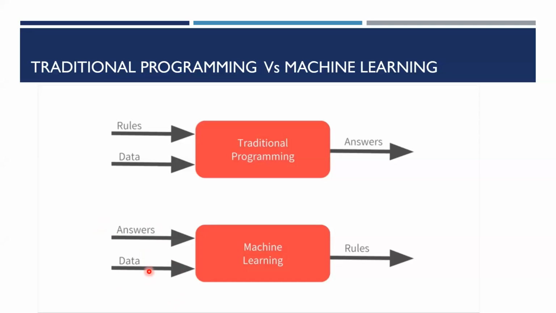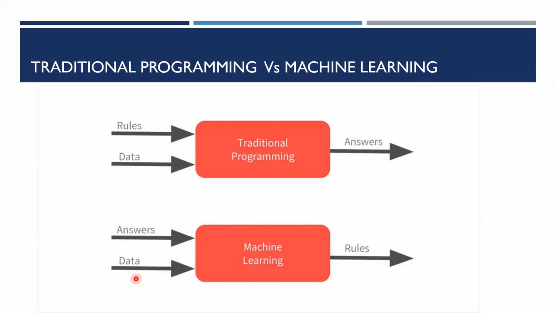In the previous case, it was X and 5X plus 1. So you're not giving the rules here. You just simply say the data is X, and you give the answers here. If you're giving 1, you give 6 here. You give 2, and then you give 11 here. So for 1, your expected answer is 6. For 2, your expected answer is 11. And then the machine will try to figure out what is the relationship between this input and the output.